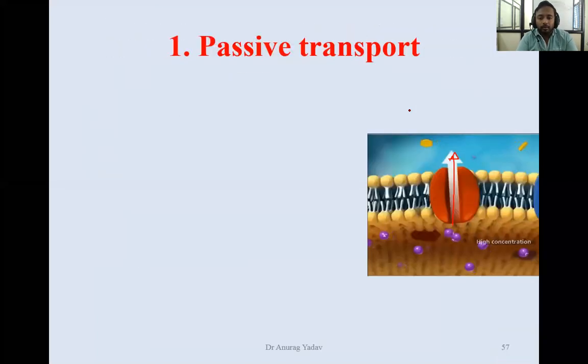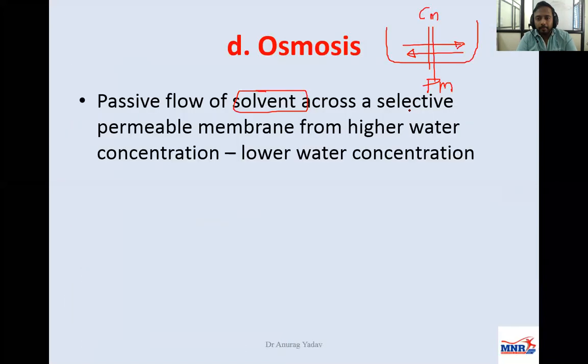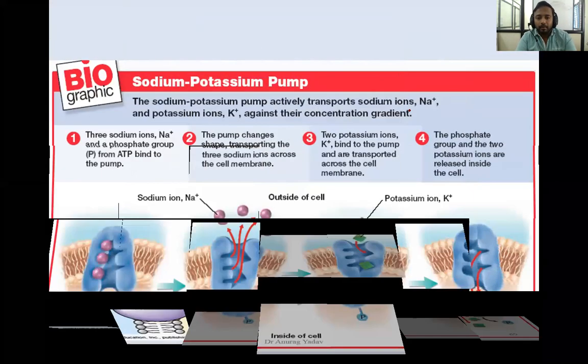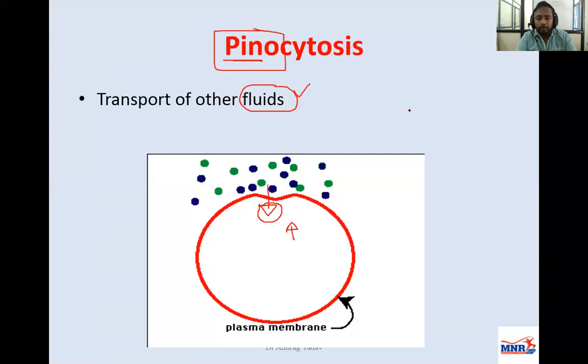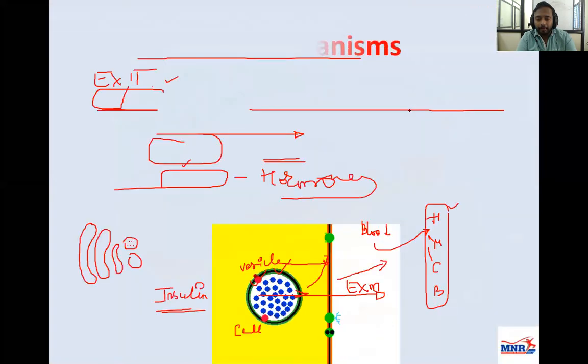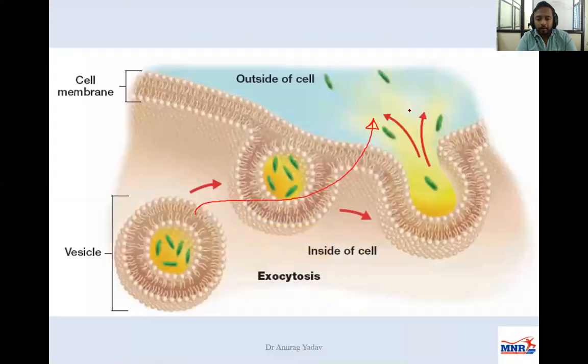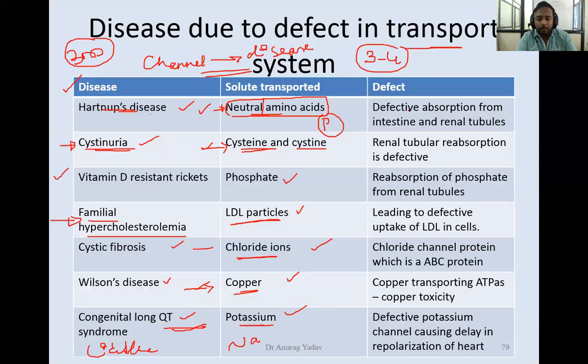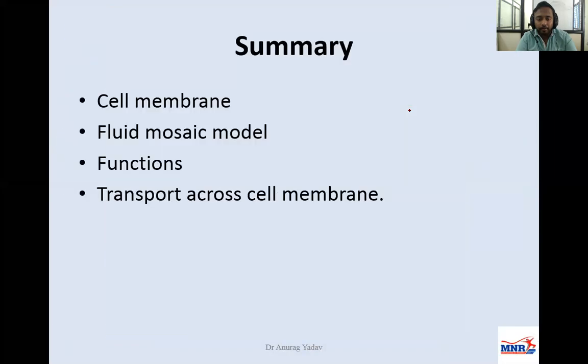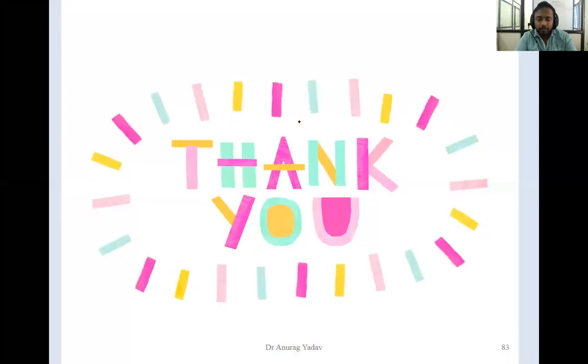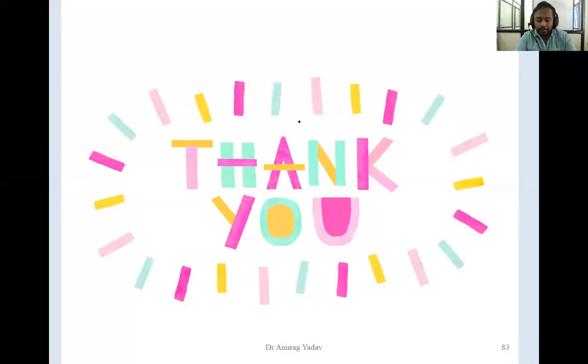Okay, so I hope it is very clear. So with this, we'll be concluding the topic on cell biology, where we have come across all these components, the transport across the cell membrane, the various components of the cell, and also we have seen the cell membrane model, that is the fluid mosaic model and its function. Okay, so with this, we'll conclude our class.